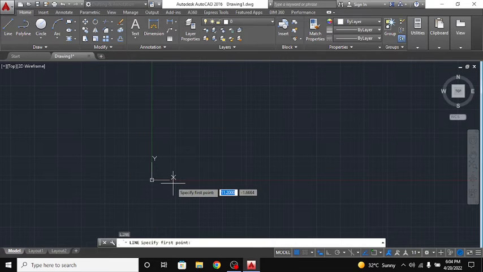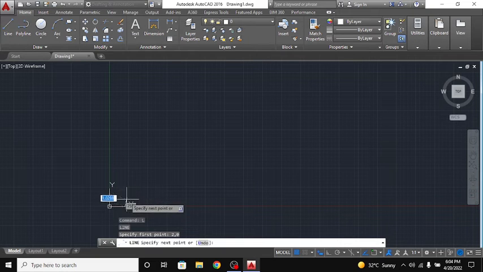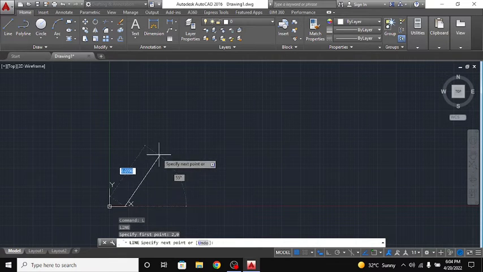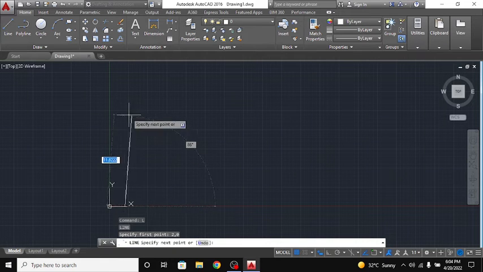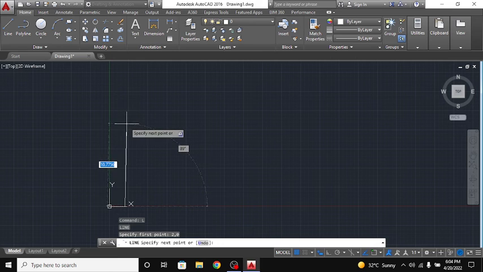system. For example, if I type 2 comma 0 and press enter, you can see that it has started from this, which is 2 units to the right of the origin in the AutoCAD layout or screen. So this is another way. And to specify the next point, you can place the cursor over any point that you want to make a line, the end point, or you can also